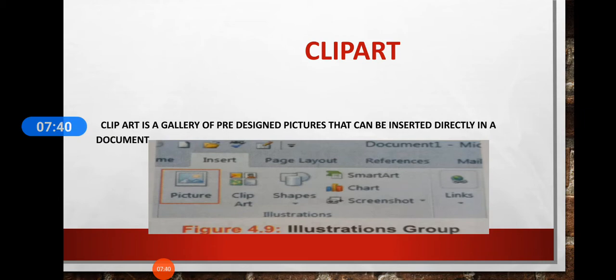Type the desired keyword in the search for text box that is related to the image we wish to insert. It will display all the clip art images related to the picture. View the various clip art images using the vertical scroll bar and click on the desired clip art image to insert. After following all these steps, we can use the clip art option to insert a picture in our document.